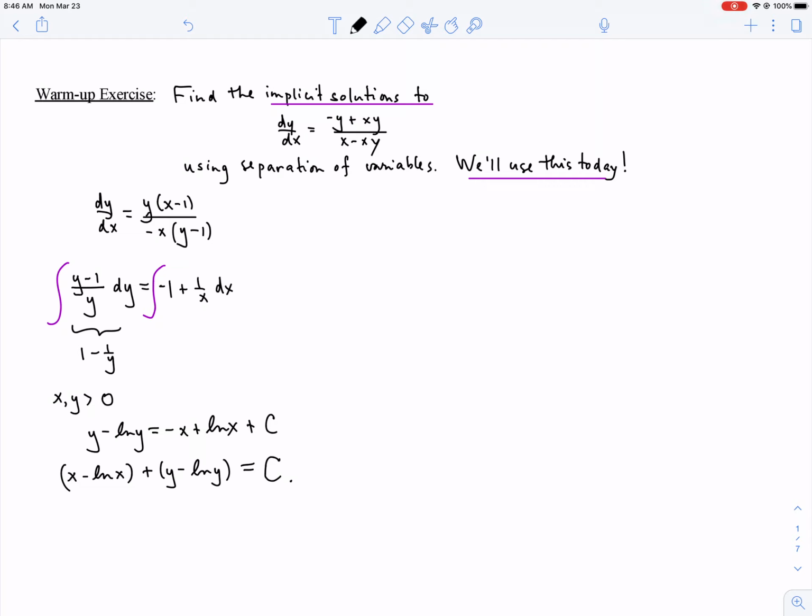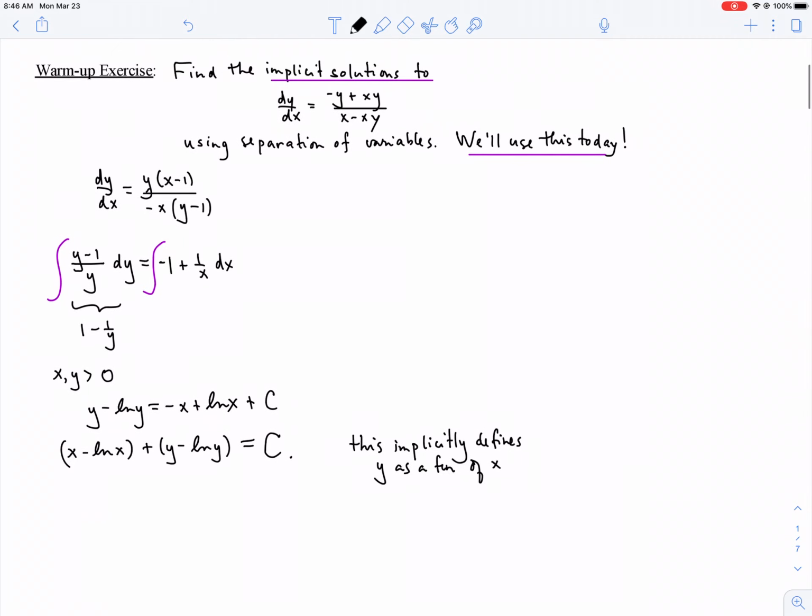Okay. And this equation, just to remind you of what you talked about back in calculus, and that we've talked about in this course, implicitly defines y as a function of x or x as a function of y. And it's going to turn out that when we do a predator-prey example today,